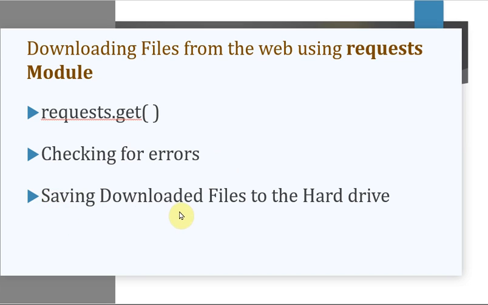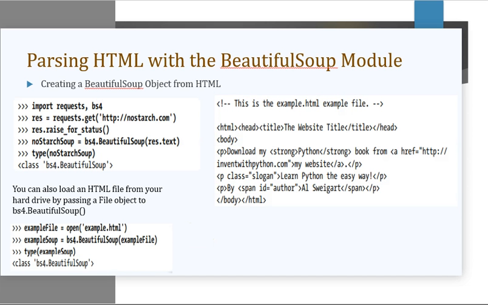And the last point what we had seen under the request module is saving downloaded files to the hard drive. So again, here we are seeing a program, and what we are telling under the saving downloaded files in the hard drive is using the get function, you are going to download the data, and that data or the text part you are going to save in your hard drive, so that even though you are not having any internet connection, still you can view those files.